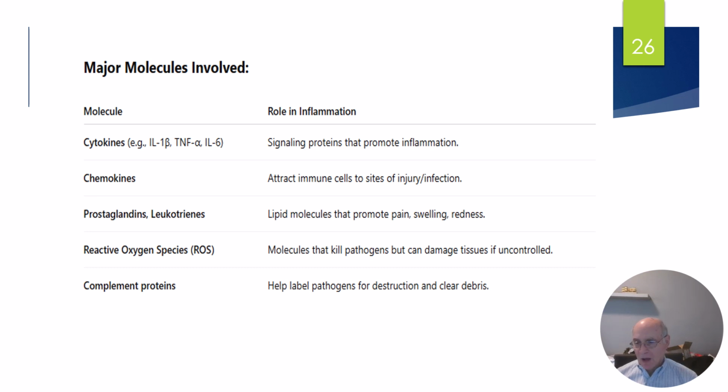So what are some of the molecules? We've already talked about a lot of these cytokines like IL-1 beta, TNF alpha, and the big one to be concerned about is IL-6. So you have cytokines and then you have chemokines. So chemokines are cells that are attracted chemically to an area of infection and inflammation or injury. There are prostaglandins, reactive oxygen species, then that's why taking or being on a diet that's very high in fruits